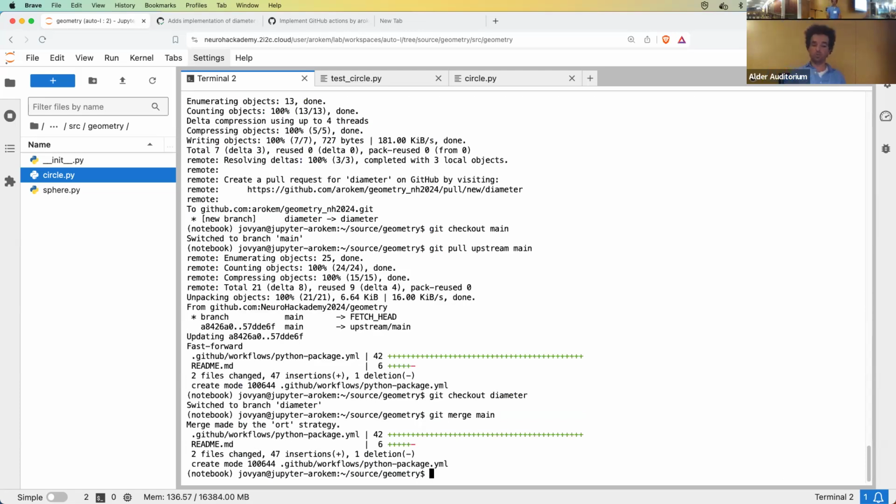But the merge is made, so that seems to have worked fine. So now I'm going to push diameter, origin diameter. So just for a little bit of context,